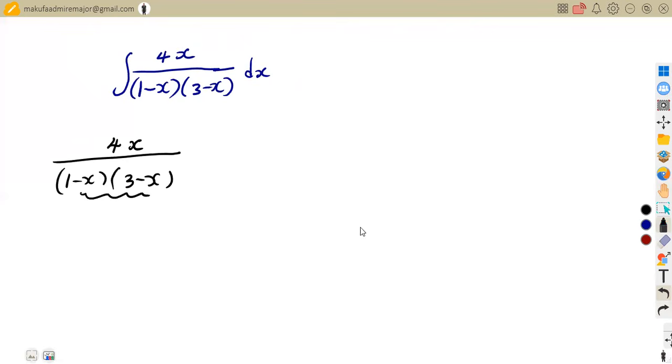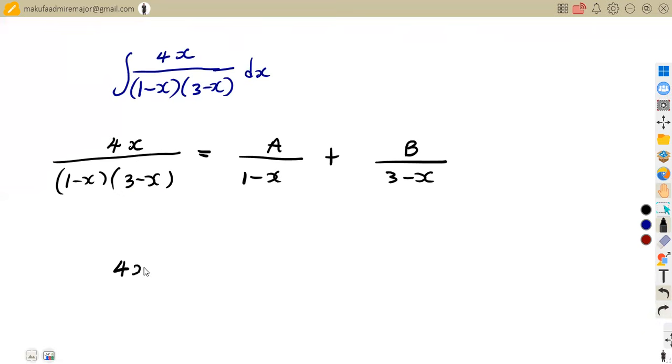These are linear factors. They are already in the linear form. So we are going to have a over the first bracket, which is 1 minus x, plus b over the second bracket, which is 3 minus x. Remember what I said: instead of a single fraction, just take the numerator from the left-hand side. So 4x is equal to a into, you divide 1 minus x, and 1 minus x